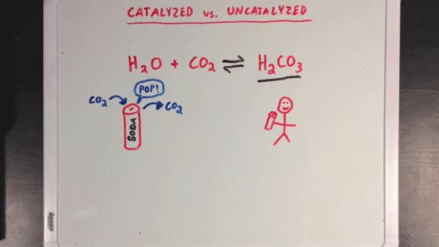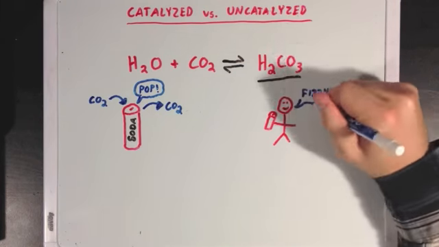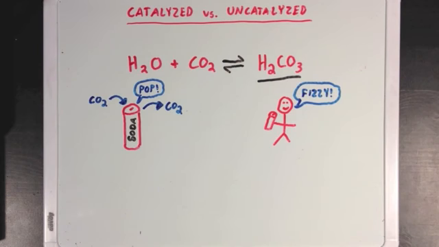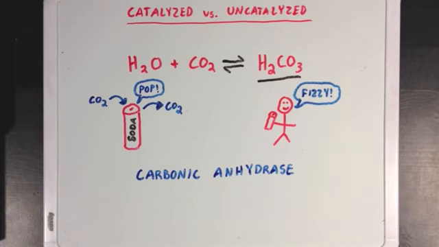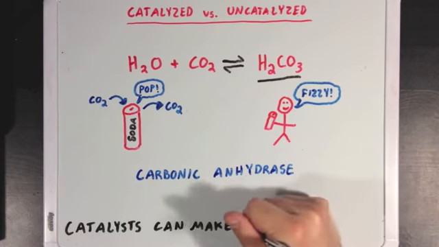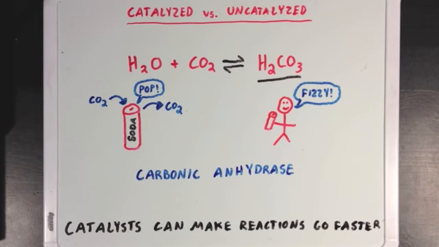But what happens if we then take this person over here, and he'll pick up a can of soda and take a drink? That person might notice the soda will start fizzing a lot more once it hits his or her tongue. And this is because humans have an enzyme in their blood and saliva called carbonic anhydrase. And this makes the carbonic acid turn into carbon dioxide and water much more quickly. So more CO2 will come out of the can, and it'll fizz more. And this is just one of the many examples of how enzymes make reactions go faster.